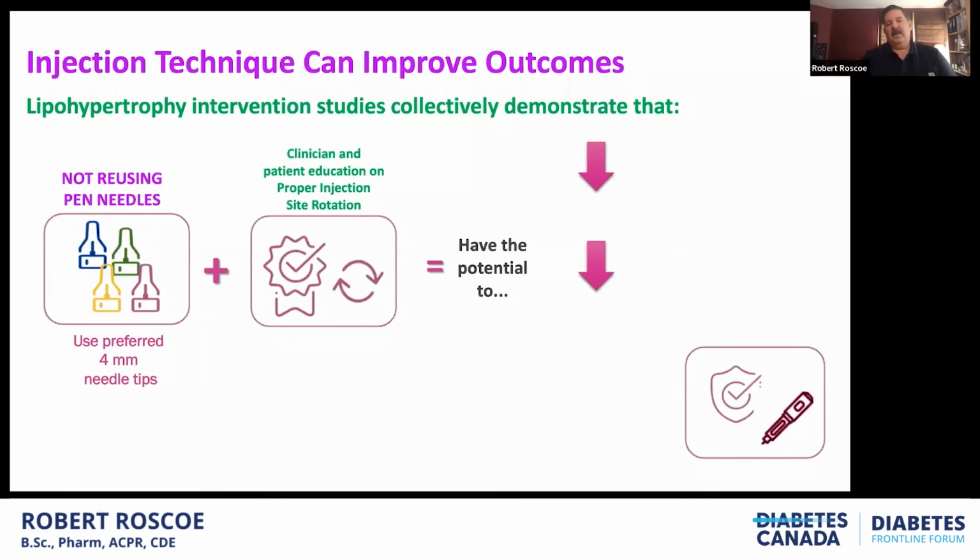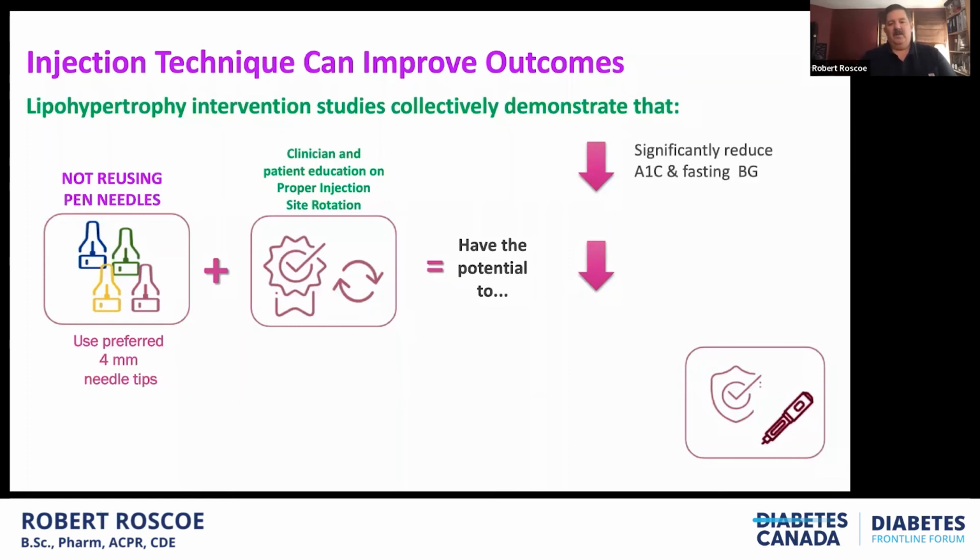So simply, if we have better technique, we can improve outcomes. So number one, not reusing the pen needles is important. Make sure we're using the 4mm needle tips. And then more importantly, give them some degree of education about the importance of site rotation, which has the potential to